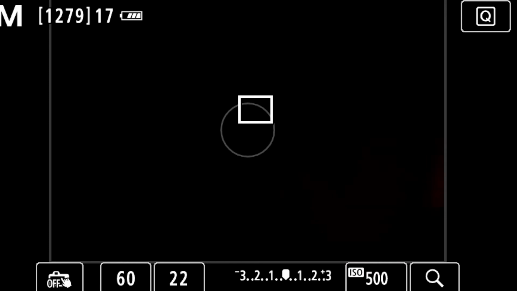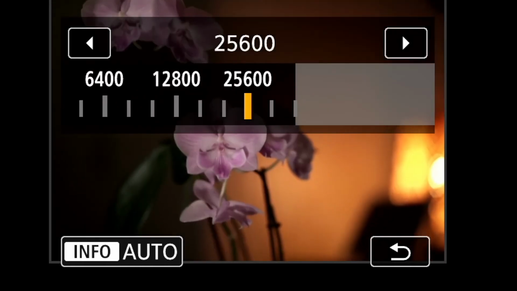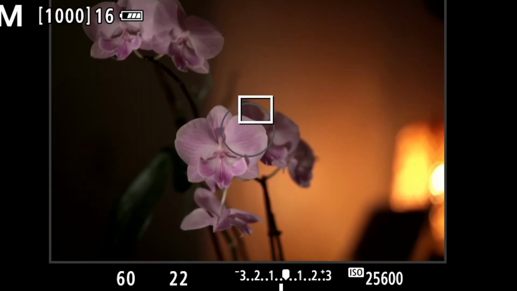What I would do now, because I know my camera is really low light capable, meaning it's not going to give me a lot of noise when I go high up on my ISO, is change my ISO and see how it starts looking. The live view is a very nice little thingy. Okay, so now this is actually quite high. Let's see, this is my max. This is how it would be.